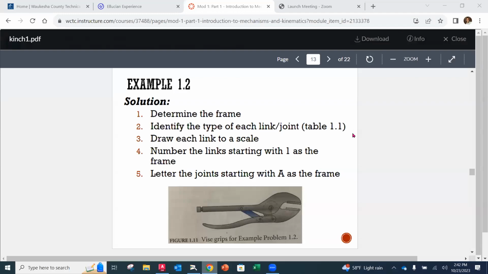And we're going to be looking at this next example. So our next example is example 1.2. It's found on page 7 in your book, towards the bottom of the page. And what it wants us to do in this problem is create the kinematic diagram for